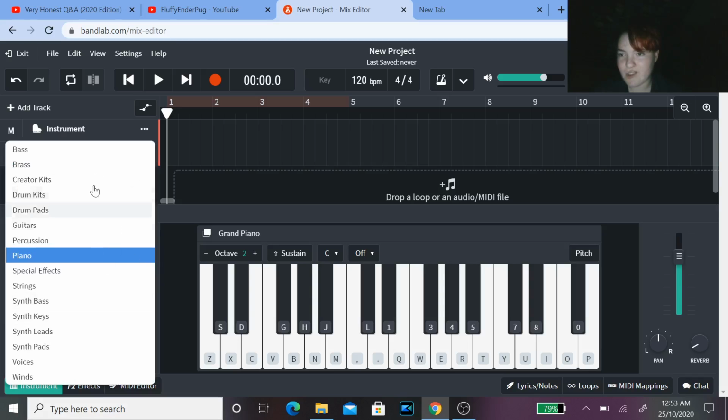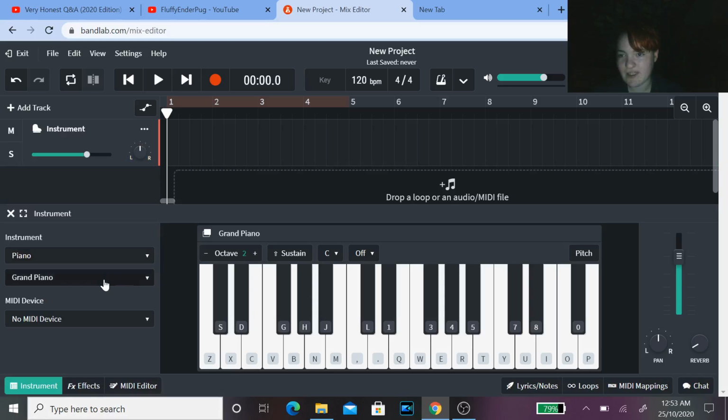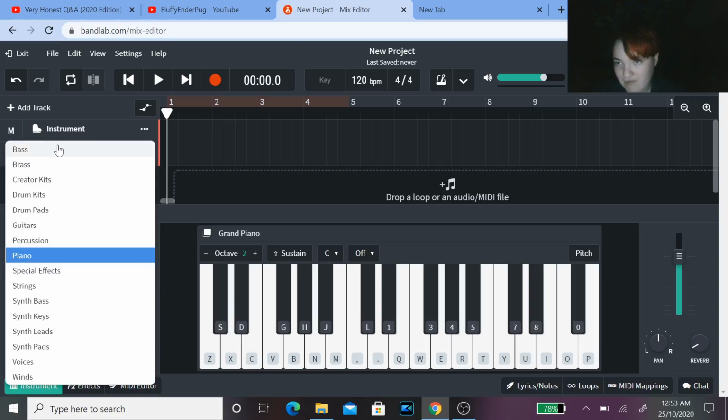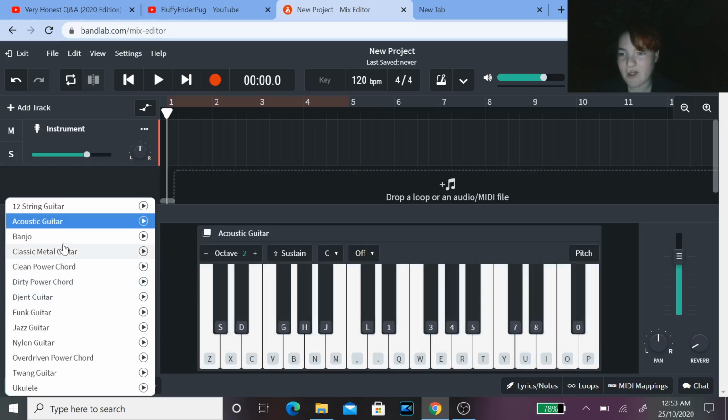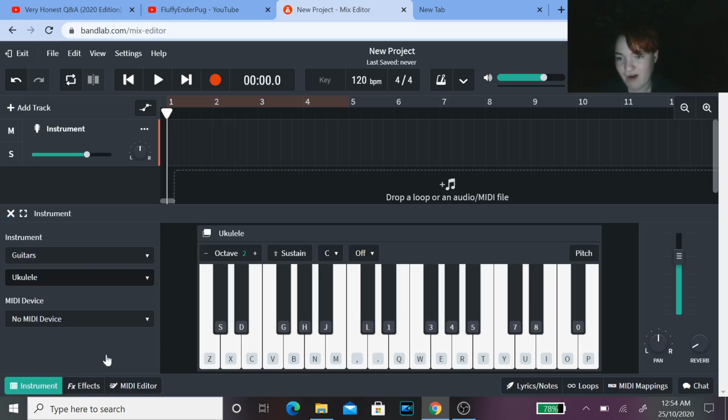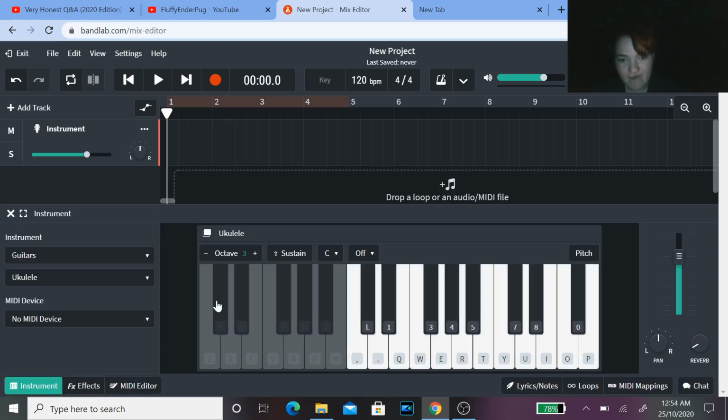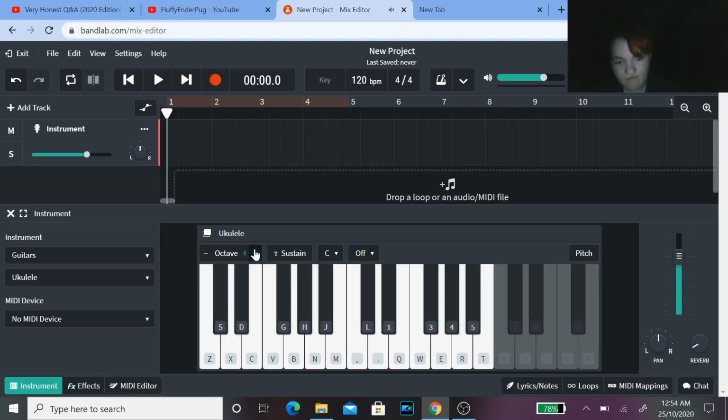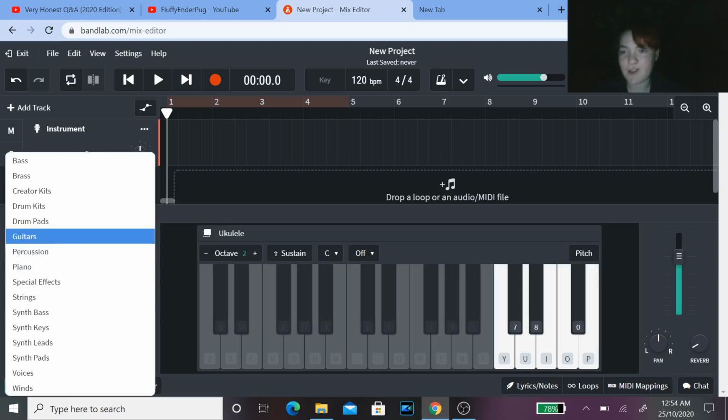You can select different instruments and different subgenres of that type of instrument. So let's say the type of instrument I want is a guitar. I could go and I could choose a more specific one like a ukulele. So now we have just random things that you can do. So you can do that for pretty much any kind of